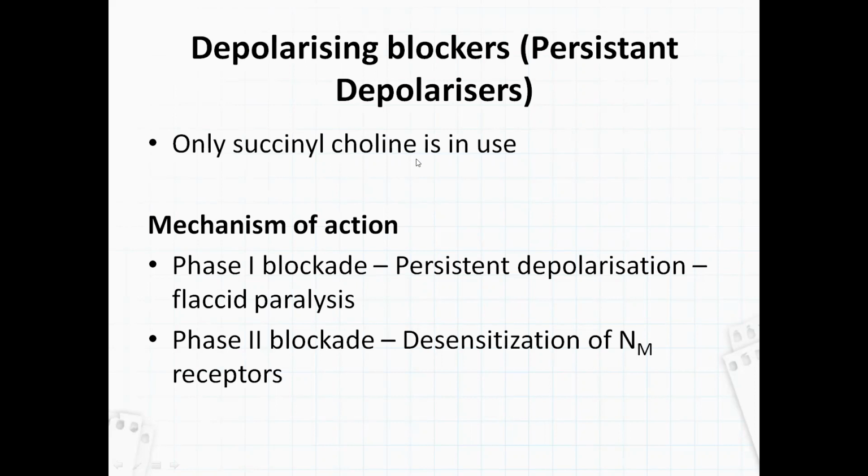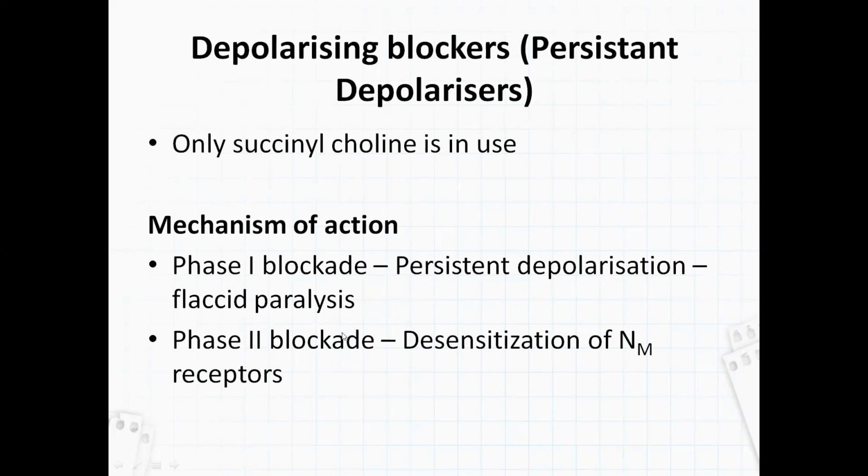So similarly, it acts on the neuromuscular junction and it persistently depolarizes, like continuously giving stimulus to the muscle. So the muscle continuously twitches. First fasciculations happen, fasciculations meaning minor twitching. These twitchings happen continuously, later leading to flaccid paralysis. And this phase 1 blockade takes a lot of time to turn into phase 2 blockade.